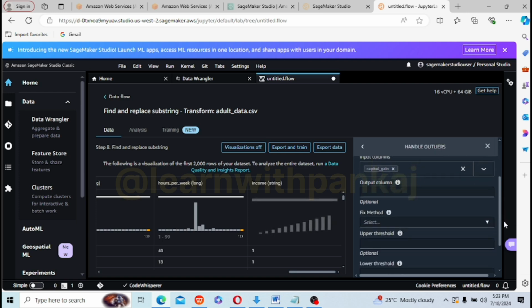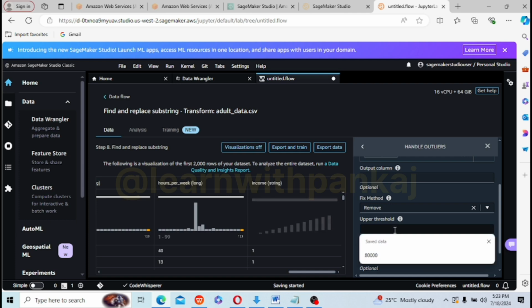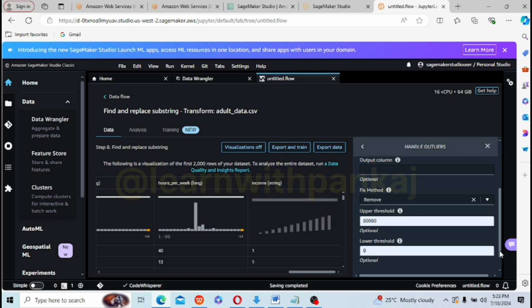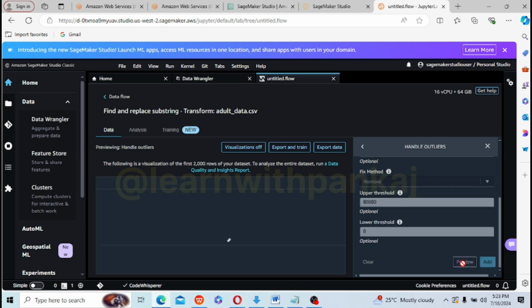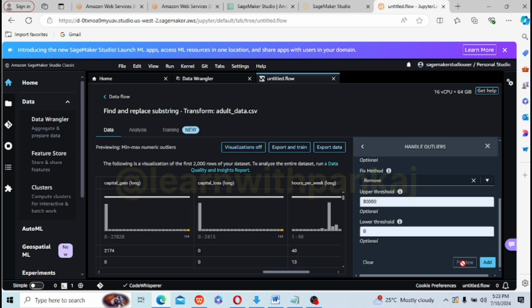No need for an output column, but the fixed method would be to remove it. And what is the upper threshold? The upper threshold is 80,000 and the lower threshold is 0. Once we do that, you just have to click on preview, and it has removed the outliers.